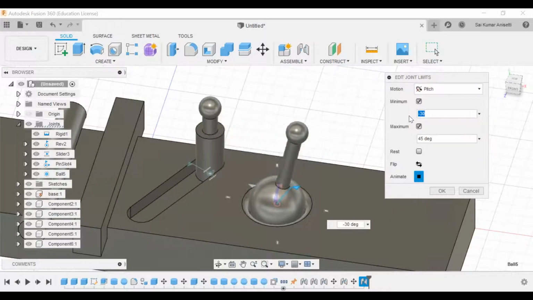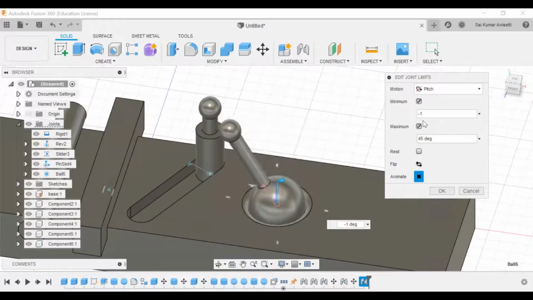If I give -190, see, it is going to collide with that particular object. So let us give minimum as, let me place it as 1 degree. At least from center it can deviate only 1 degree, and only in this direction I need to make 45 degrees, just like your gear. I want to simulate just like your gear, not like a joystick.